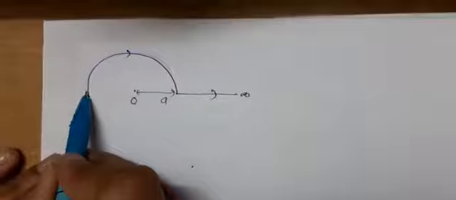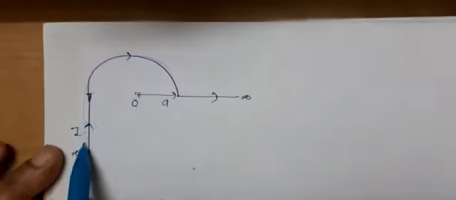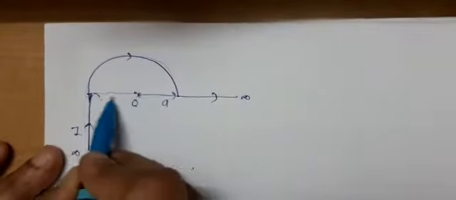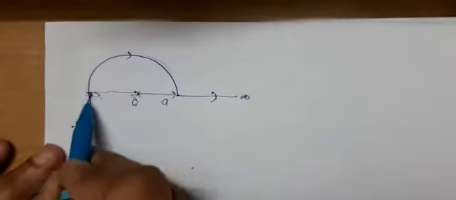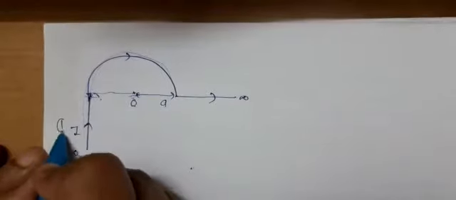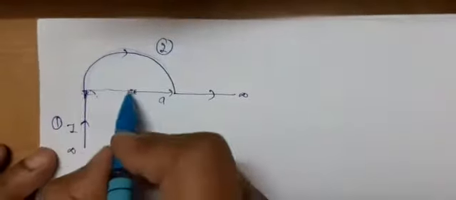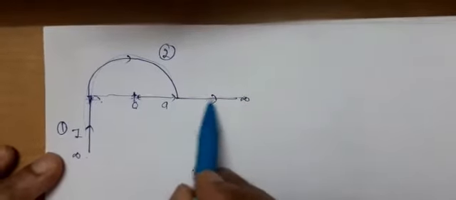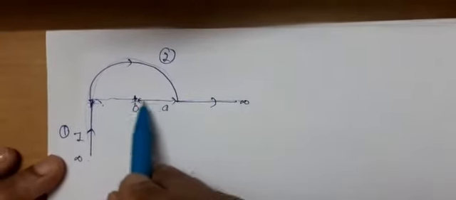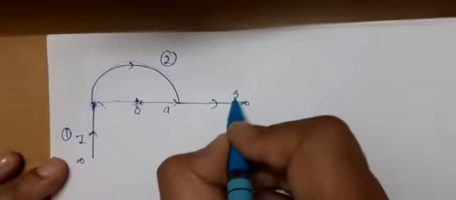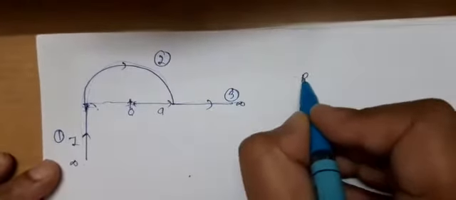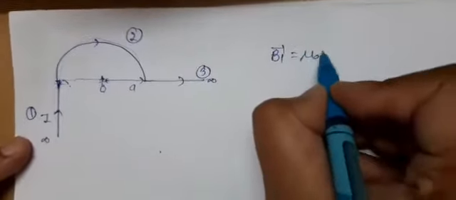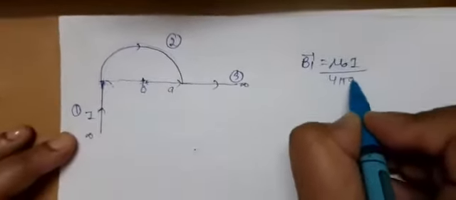So you can just imagine this to be consisting of three parts. This is a straight wire having this point of measurement at one of its edge. For this second loop, let it be 1. For this semi-circular loop, we have to calculate it at the center. Its formula we are familiar with. And for this straight loop, this point O is lying on its axis. Let it be 3. So magnetic field at the first wire, this is mu naught I upon 4 pi A